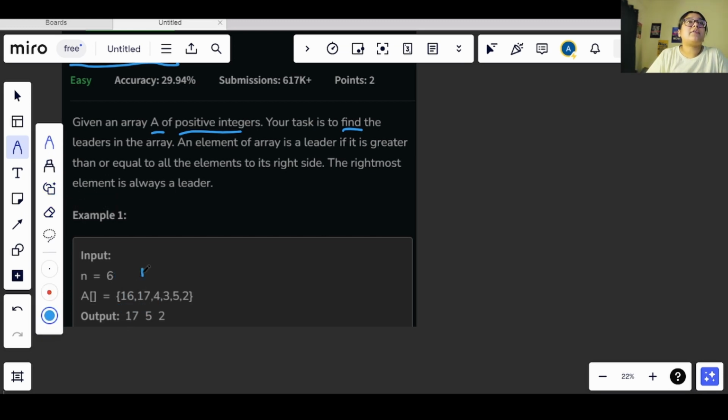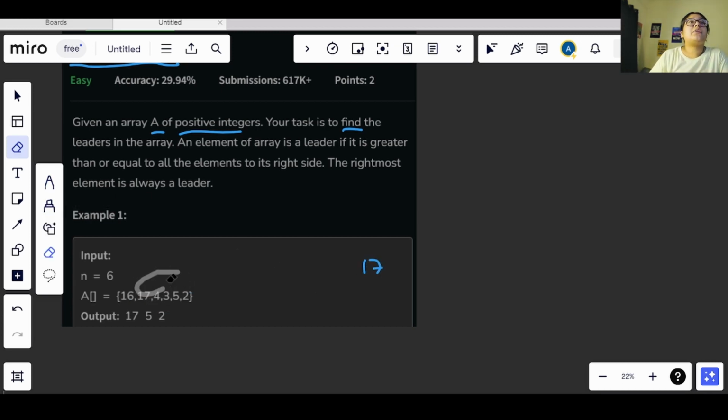Now we have 17, so let's see if after 17 we have a greater value or not. We see we have a 4, it is lesser. We have a 3, it is also less. We have a 5, that is also less. We have a 2, that is also less. So we can take this as a leader in the array. So we have 17 as the leader.